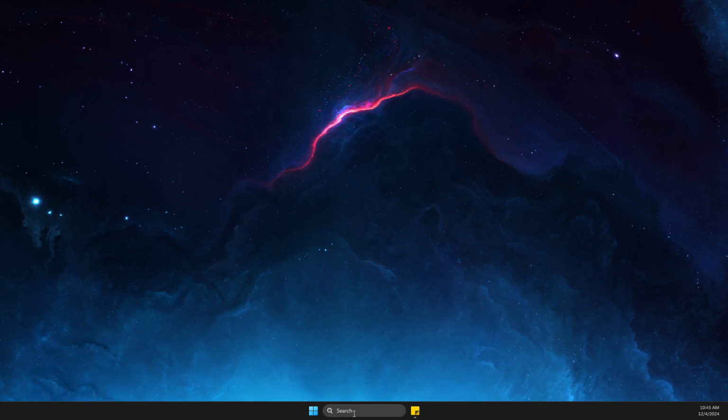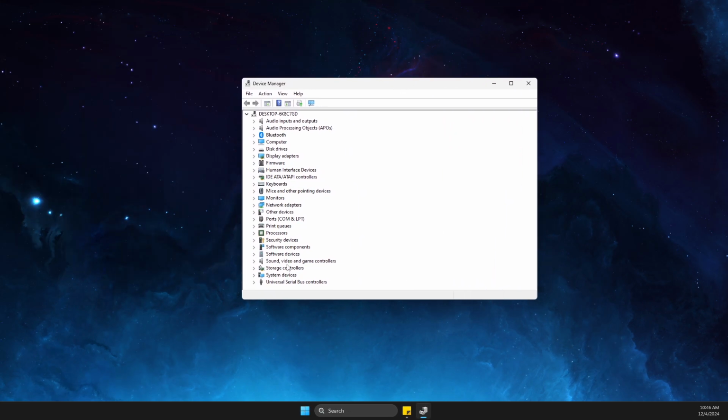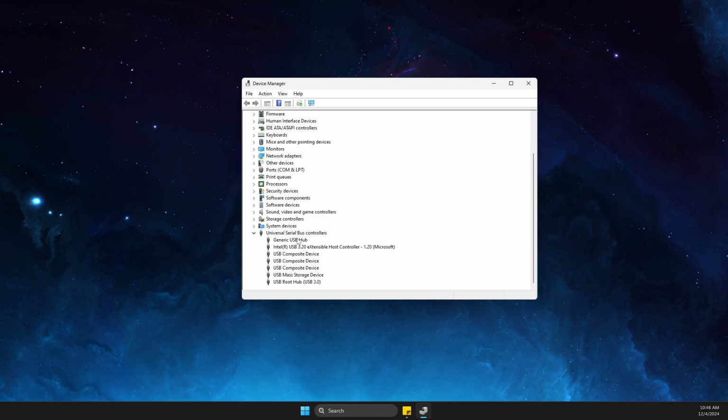First of all, what you need to do here is to go and search and open up Device Manager. And on Device Manager, you need to look for Universal Serial Bus Controllers. It will be on the end here. Expand this option, and then you need to look for USB mass storage device. You just need to right click on it, go to Properties,